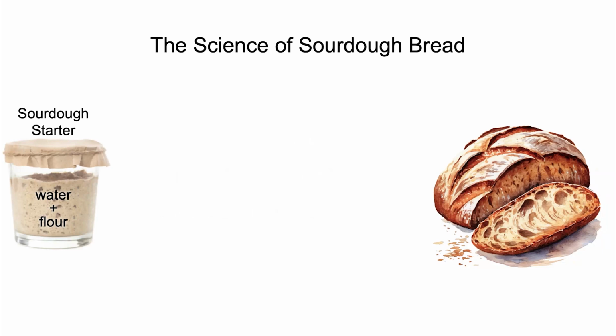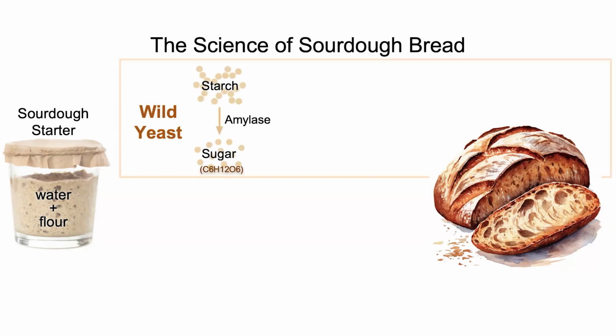It's just a mixture of water and flour, but this simple mixture captures wild yeast from the environment, and lactic acid bacteria also from the environment. These microorganisms play a key role in making the perfect sourdough bread. So let's start with the wild yeast. These yeasts break down the starch in the flour into simple sugars like maltose or glucose using enzymes like amylase. And then these sugars are fermented by the wild yeast, producing mainly